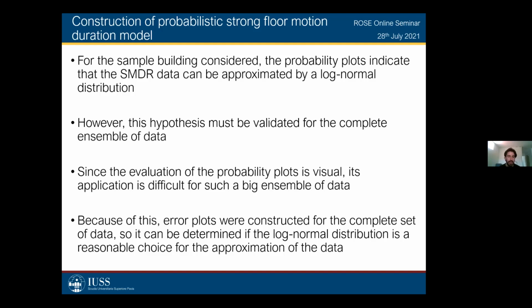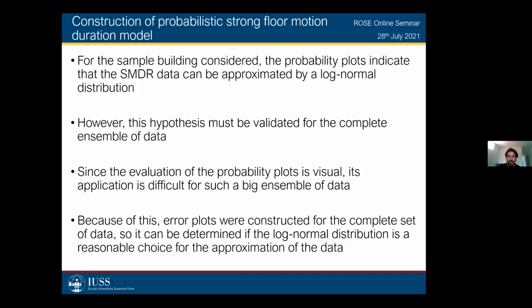The problem with probability plots is that their evaluation is visual. At the end of the day, their evaluation is quite subjective, because you need to perform it visually. You need to see the data, and see if it is more or less linear. So it's difficult to automate. So what can we do in order to efficiently evaluate this goodness of fit for the whole ensemble of data? What we did is that we constructed what we call error plots,